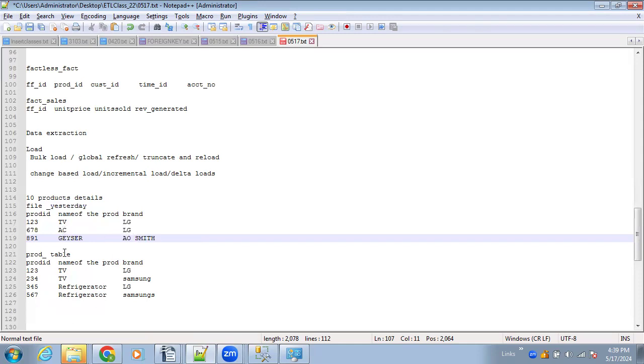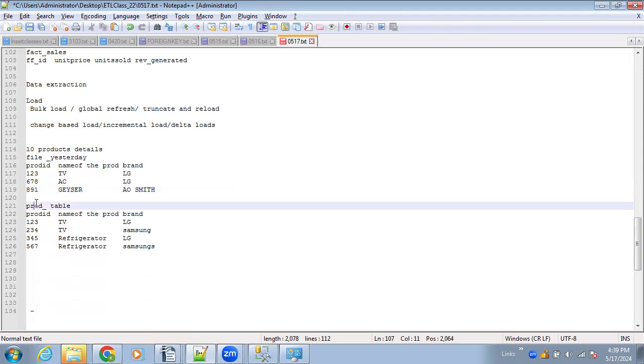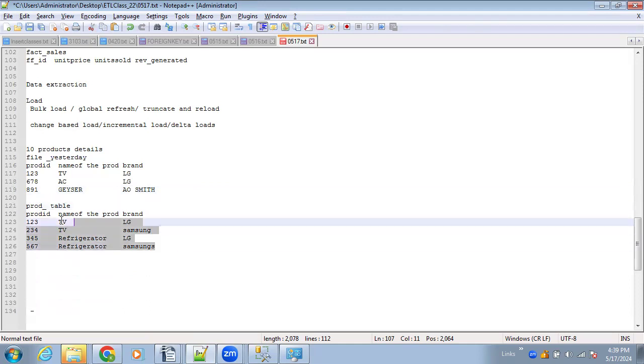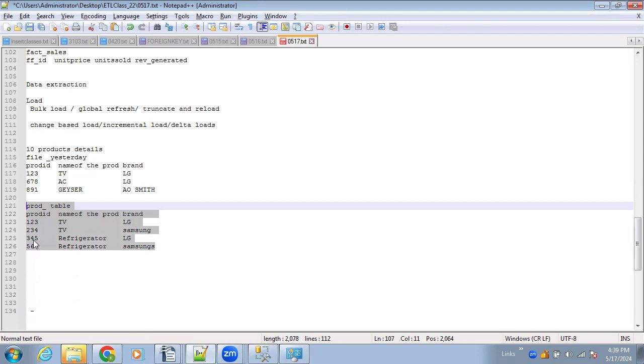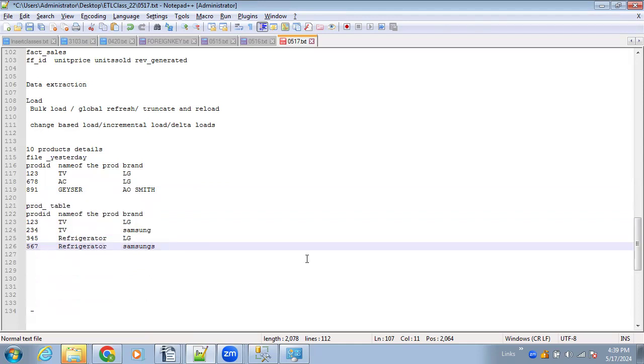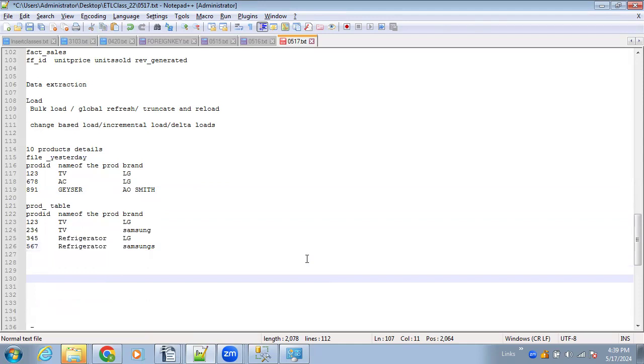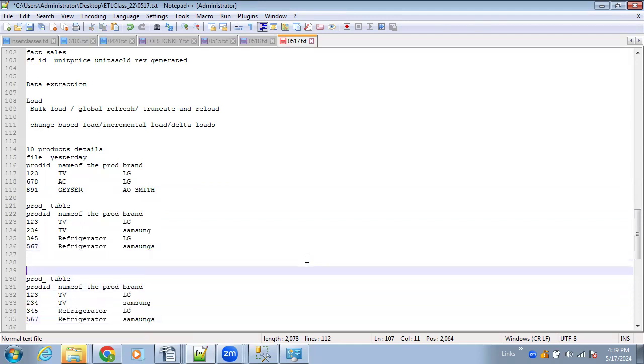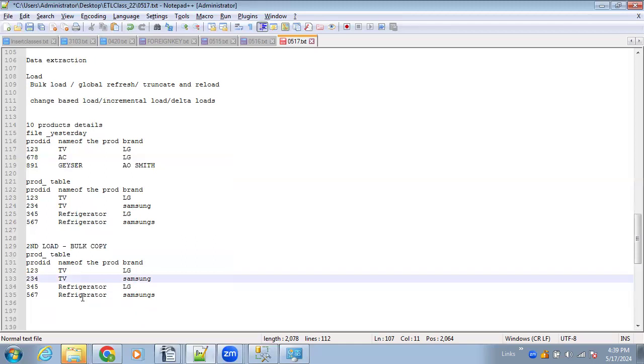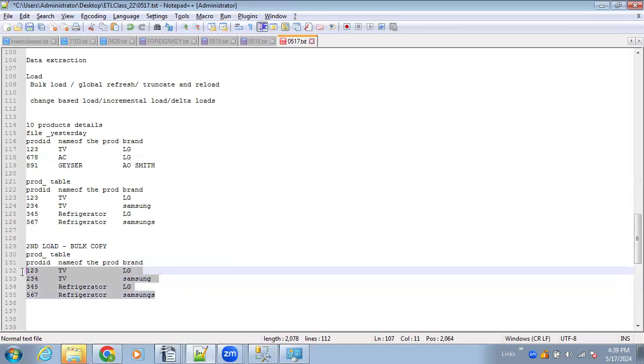Something like this. Okay. So what do you mean by bulk refresh? Next day when you are loading in the bulk refresh, in the product table or the global refresh, what would happen? All this data, the second load, if it is a bulk copy, all this data would be wiped out, and it is going to store as is whatever the